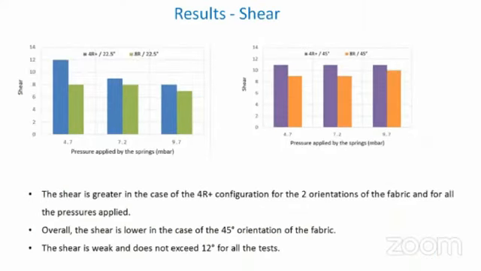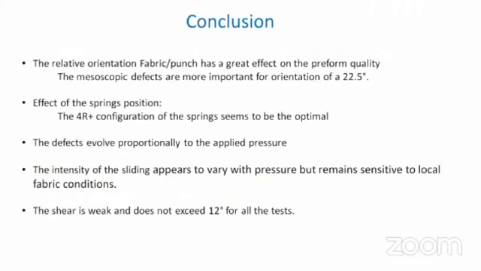The shear is greater in the case of the 8 springs configuration for the 2 orientations of the fabric and for all the pressures applied. Overall, the shear is lower in the case of the 45 orientation of the fabric. The shear is weak and does not exceed 12 degrees for all the tests. In conclusion,